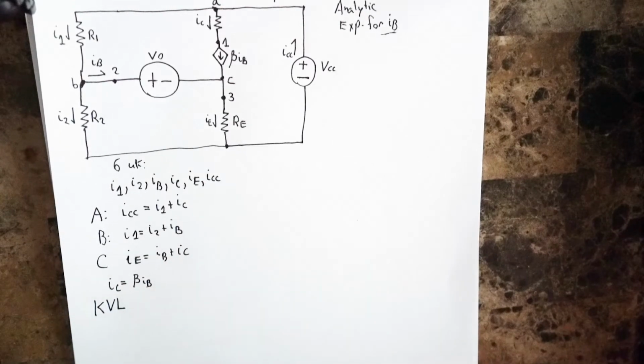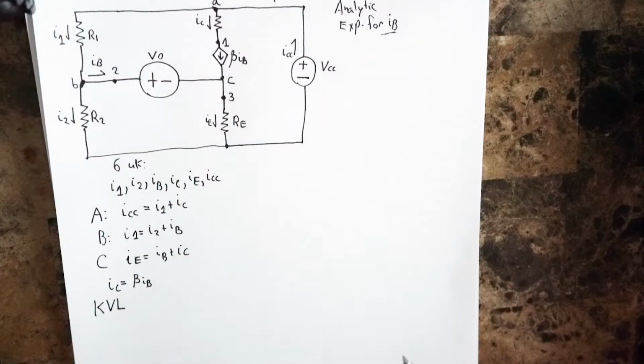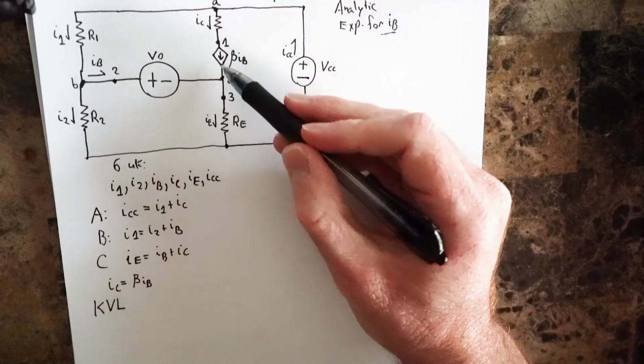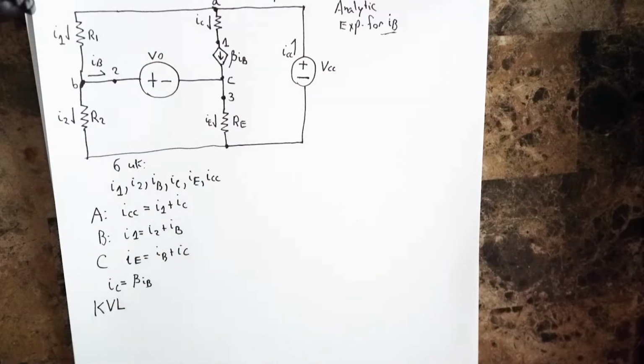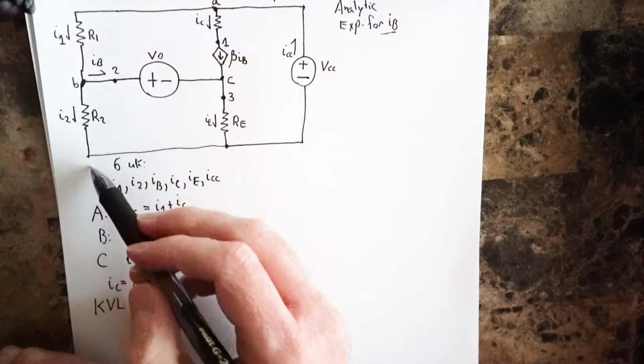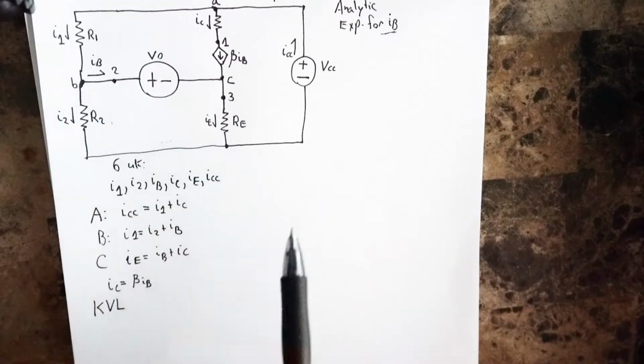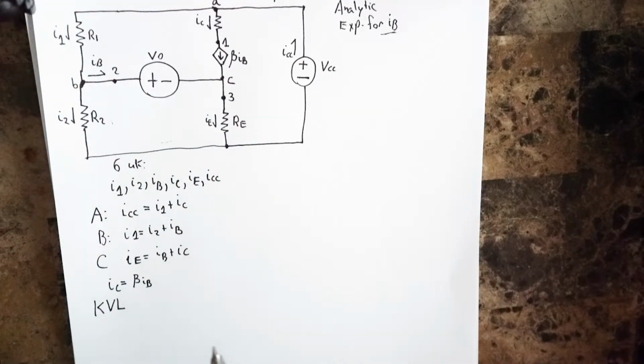Okay, KVL. So we don't want to use any loop with this dependent source here, and the reason being that we don't know what the voltage across this particular element is. So we want to avoid that if we can. So we're going to go ahead and use these 2 loops, the outer loop here and this loop right here. So let's begin